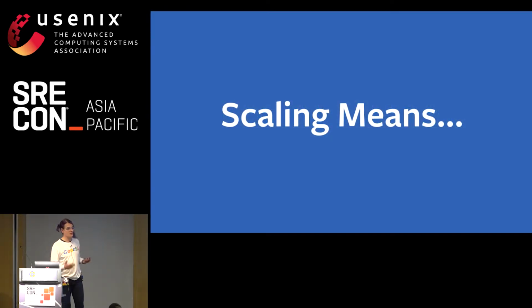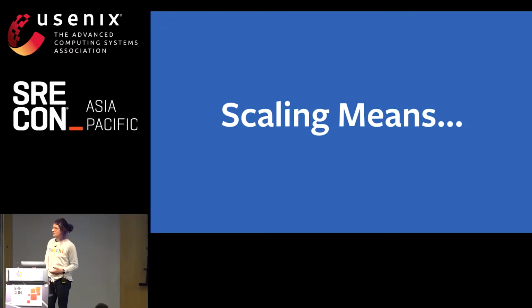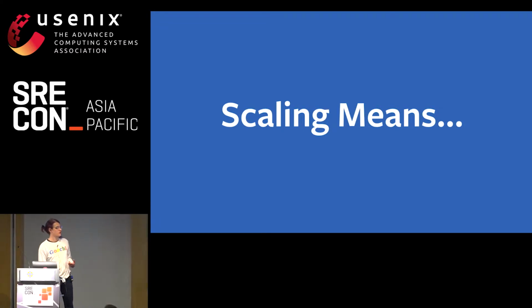So when we think about scaling, we have to think about what trade-offs we're willing to make. Scaling doesn't mean writing Jeff Bezos and Amazon Web Services a blank check. That's the opposite. That's throwing hardware at a problem. Scaling means understanding what trade-offs you're willing to make,